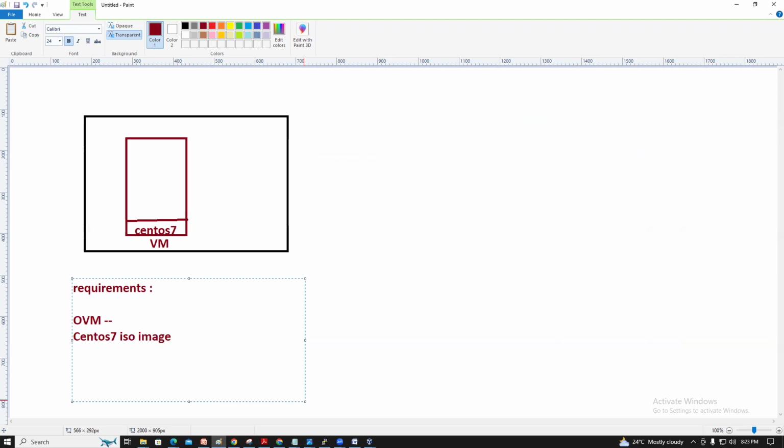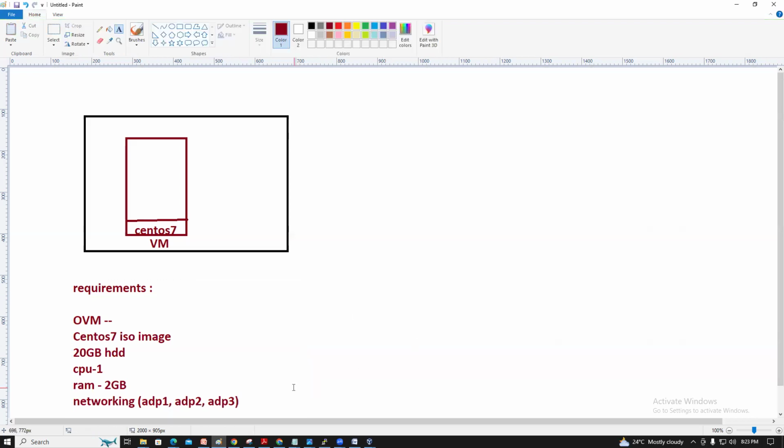We selected a 20 GB HDD hard disk, and for resources, the CPU is one CPU and RAM is 2 GB. For networking, we enable adapter 1, adapter 2, adapter 3, right? These are the prerequisites to install CentOS 7 on the data center